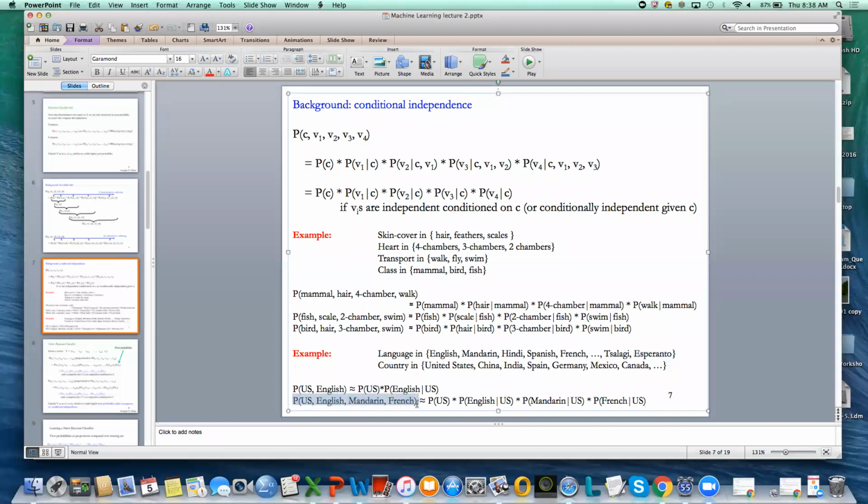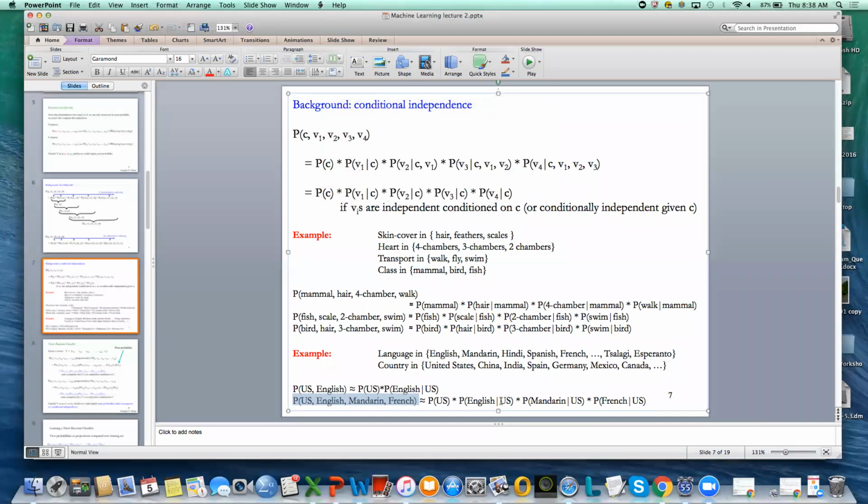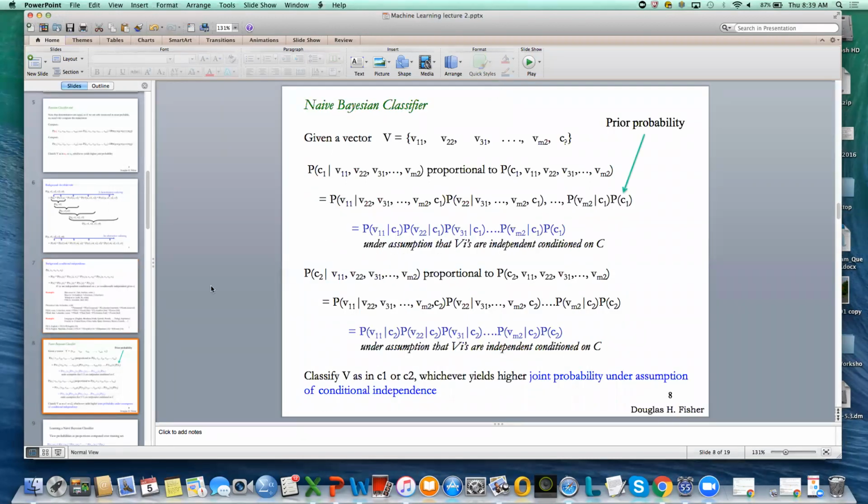I don't have to remember, if I make this conditional independence assumption, I don't have to go around remembering all possible conditional probabilities or joint probabilities like this. And there's a large number of potential joint probabilities like this. I simply have to remember these individually conditioned probabilities, and that's going to be good enough. So there's a big win that comes with making the independence assumption. But in some cases, it's just a bad idea to make it, because you're going to reduce your potential to learn and perform. So a special case of the